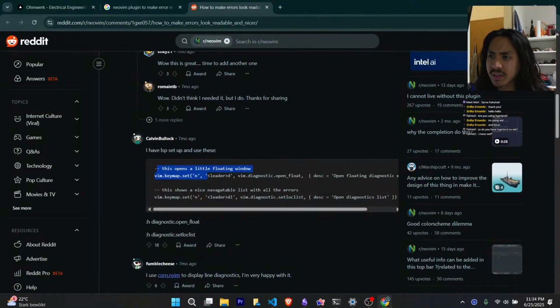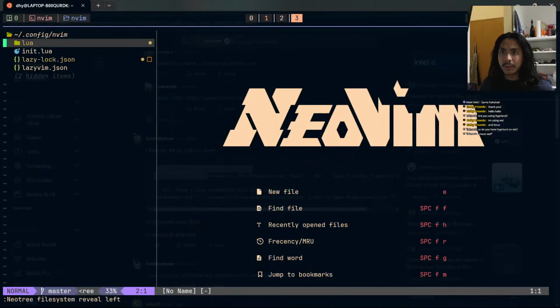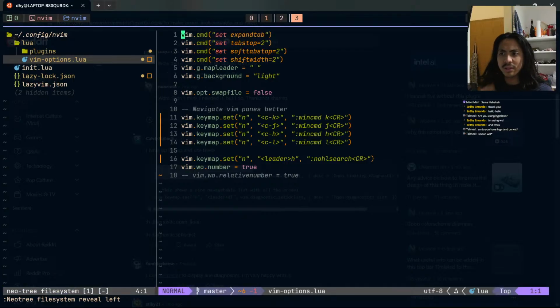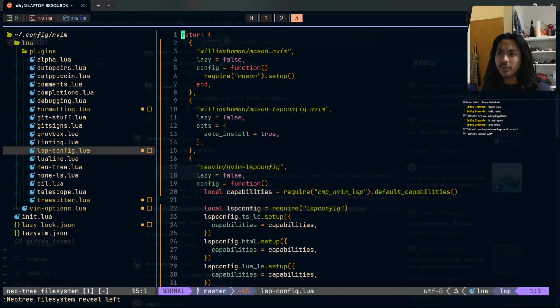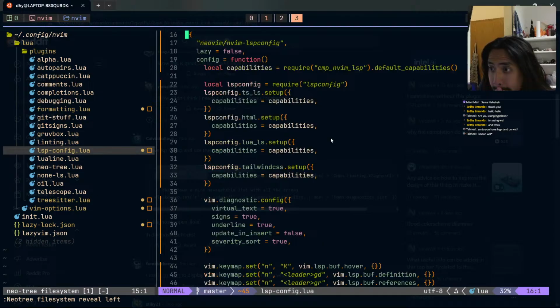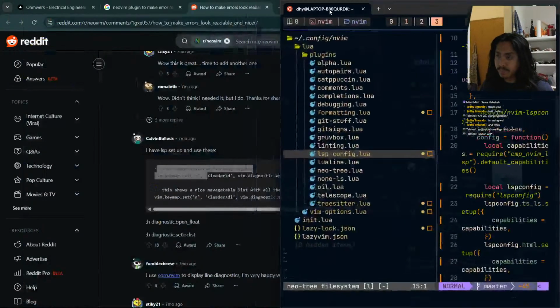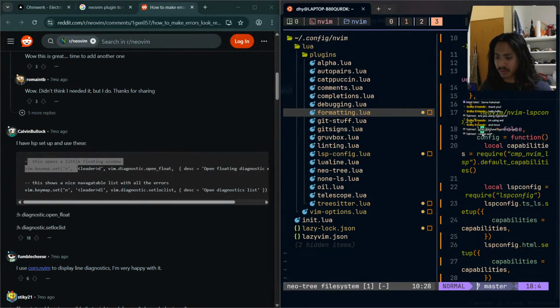Okay, where do I set this up? Is it in Vim options? Is it in LSPs? LSP config? Okay. I think what we can do is